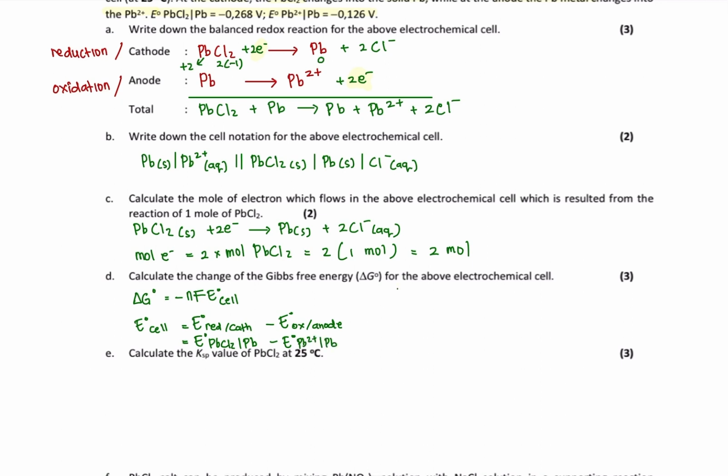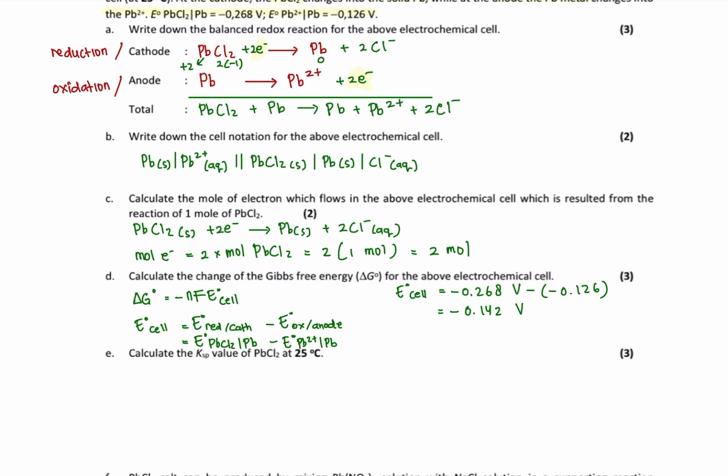So in that case, the standard cell potential is minus 0.268 volt, and then minus 126. So here we have a negative value of standard cell potential, which means that this is actually not a